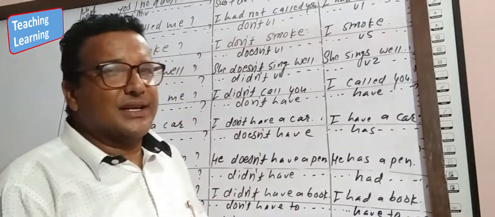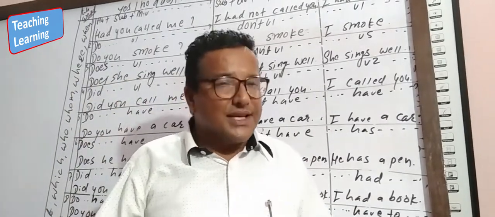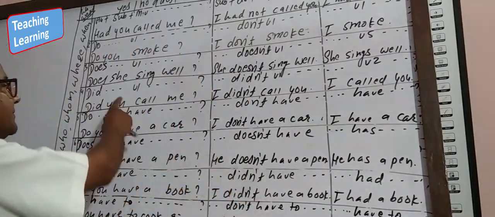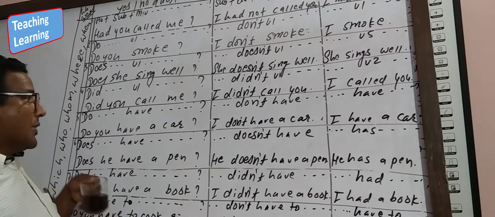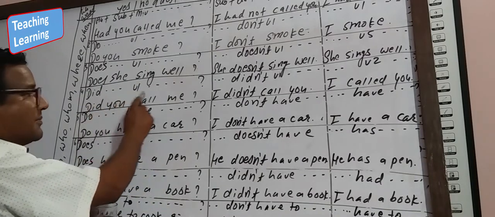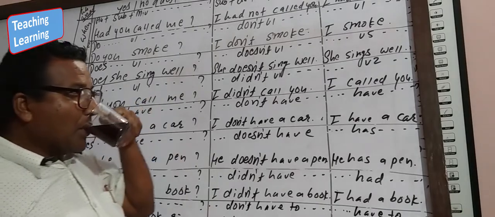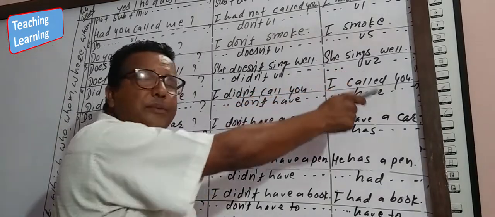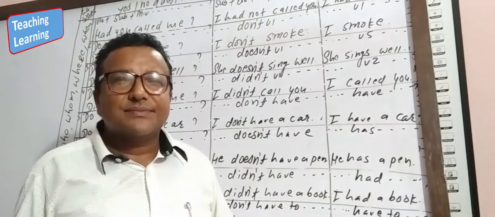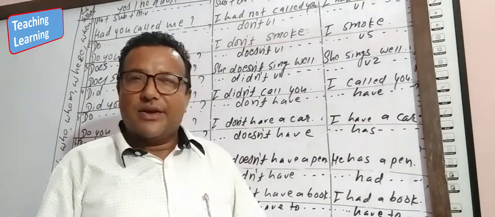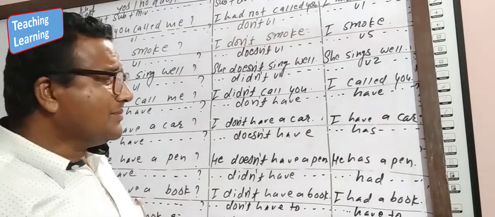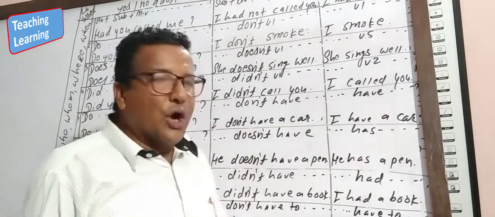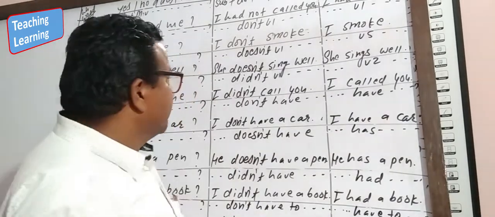Does she dance in the kitchen? No, she doesn't dance in the kitchen. Yes, she dances in the kitchen. If the question has been asked with did, subject, V1, then the negative answer uses didn't, and the positive answer uses V2. Did you call me yesterday? Yes, I called you yesterday. No, I didn't call you yesterday. Please, did you take your rice? Yes, I took rice. No, I didn't take rice.